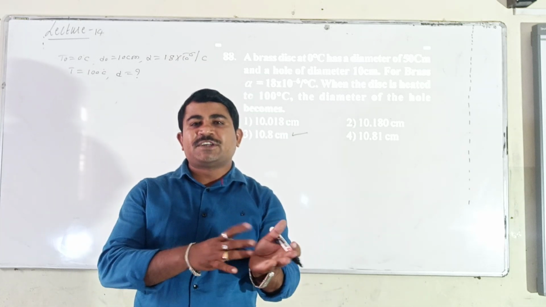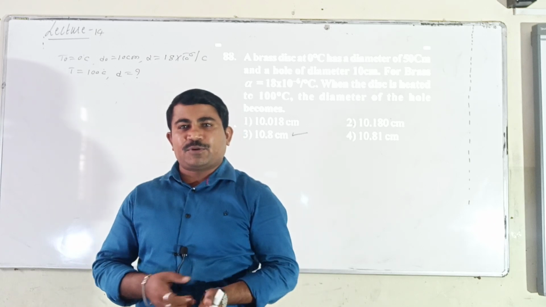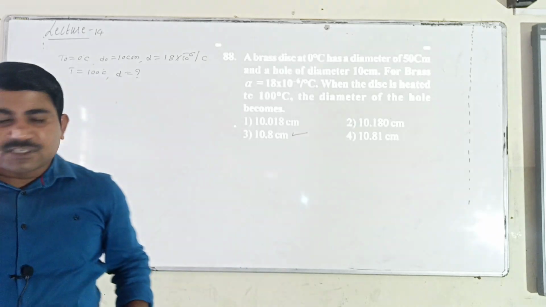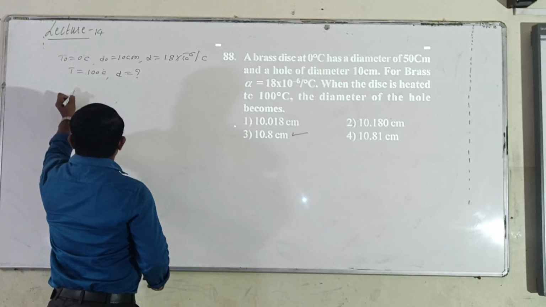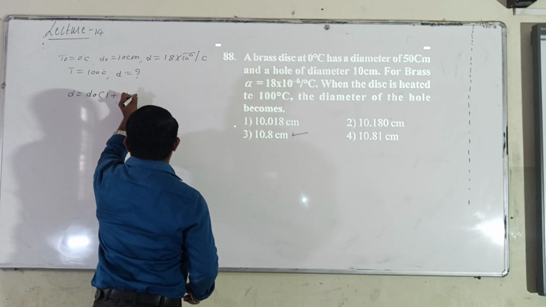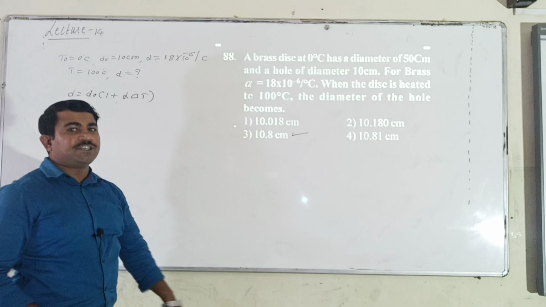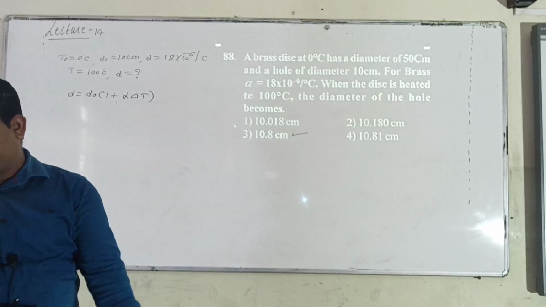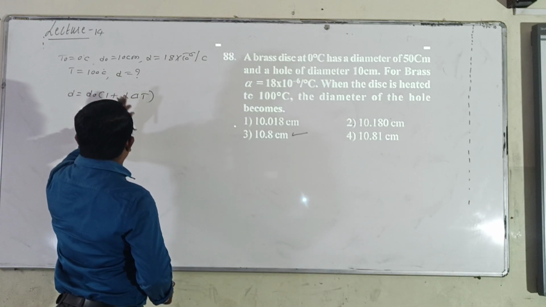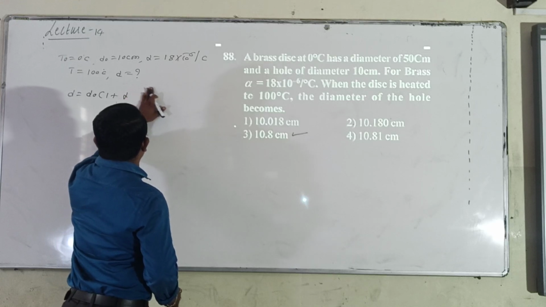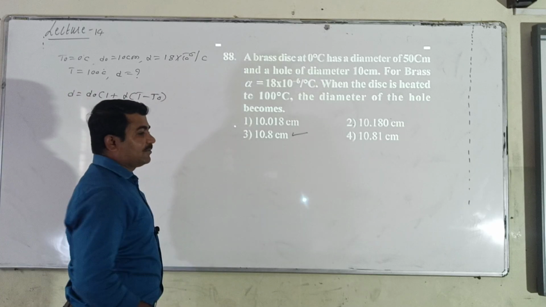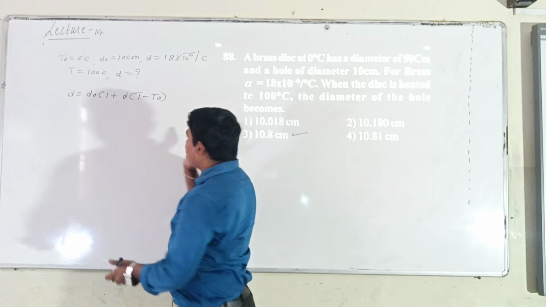Students, we know that the change in diameter is directly proportional to the original diameter, the change in temperature, and the alpha value. Right? See here, directly this formula I am getting: final diameter is equal to initial diameter into bracket 1 plus alpha into delta T. This formula I am using directly. Then put all the values: alpha given, D0 given, delta T also given, where delta T means final temperature minus initial temperature. Right or wrong? Right? Put all the values.